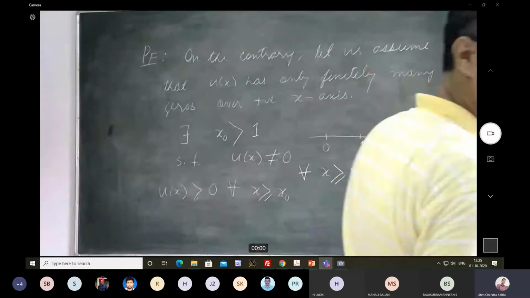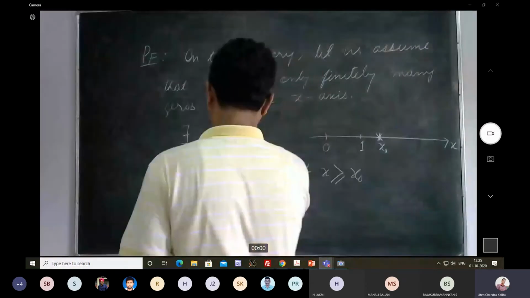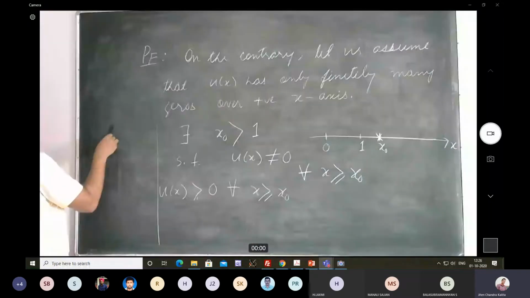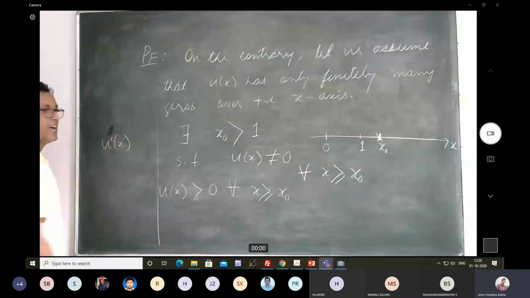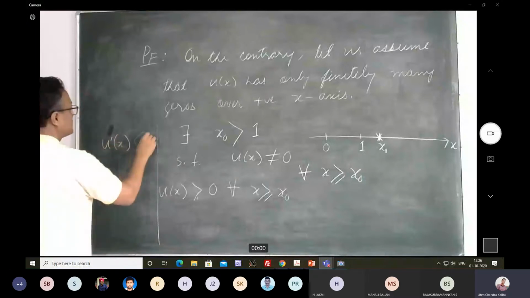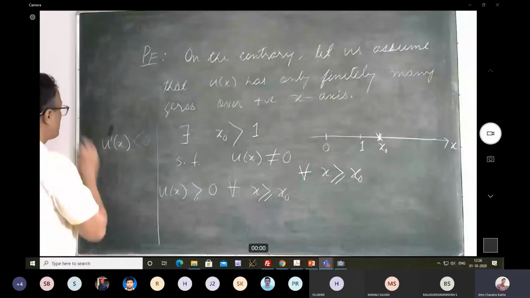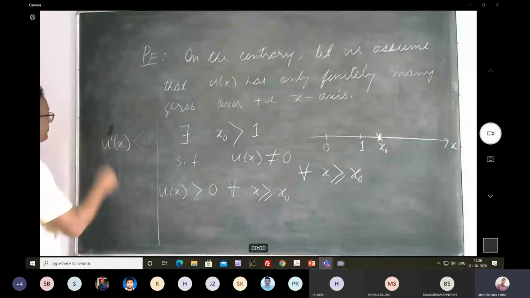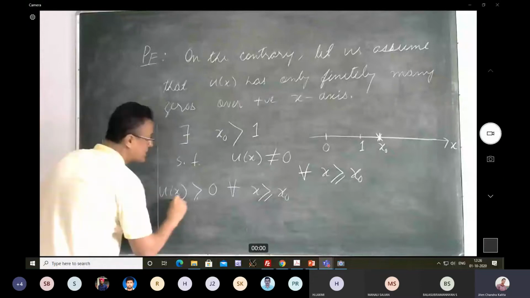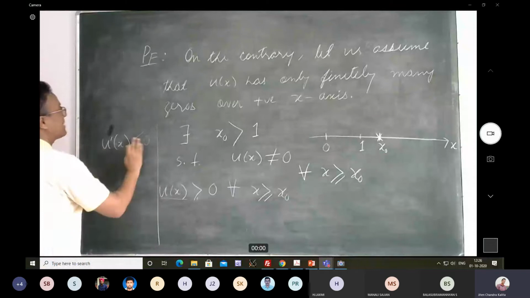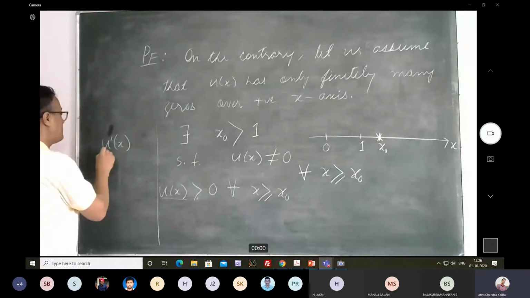Now, what we are going to do, let me tell you my purpose. My purpose is that I would like to prove that u prime x is less than 0. Is it okay? Fine. So, in order to prove that, because I have already assumed that u x is greater than 0, if I have to prove this, then if I can prove that